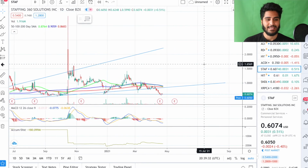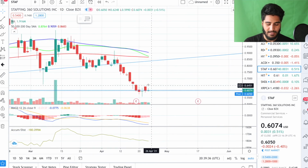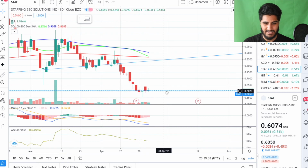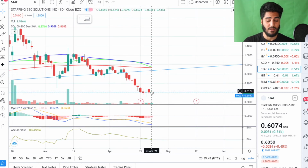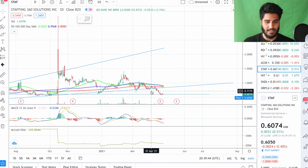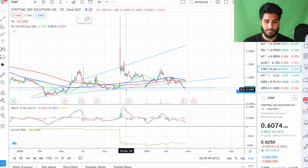Next stock of the day, we're looking at STAF on the daily time frame. So STAF is creating a very nice bottom and a very nice level of support at this 60 cents range. I know this is a very nice opportunity to be getting into this stock for a swing play just off a valuation basis. You could see we are on a long-term level of support, and we also broke down from